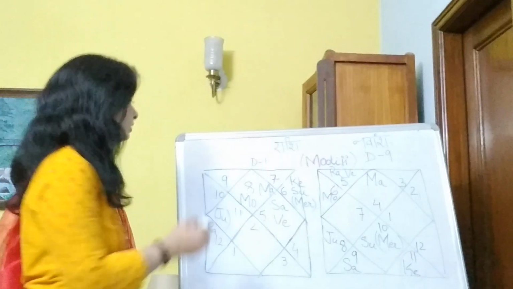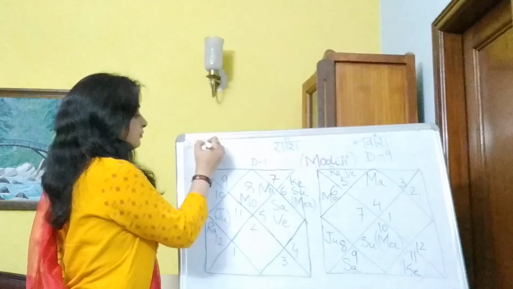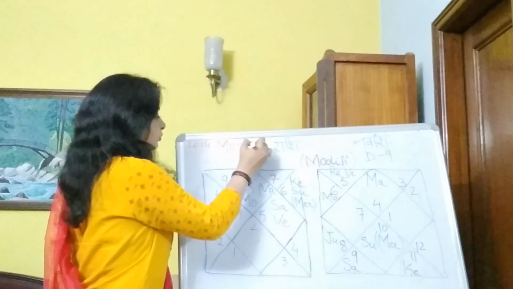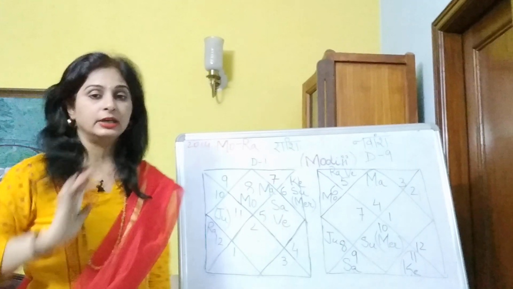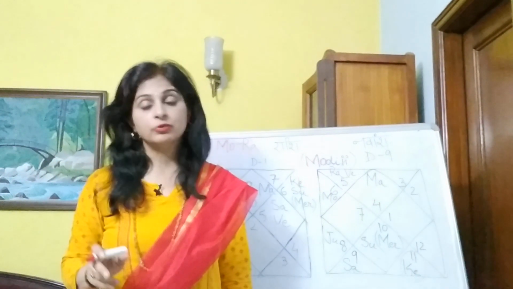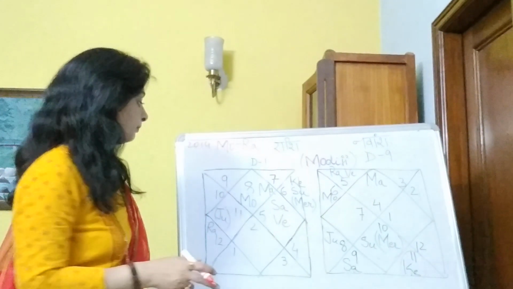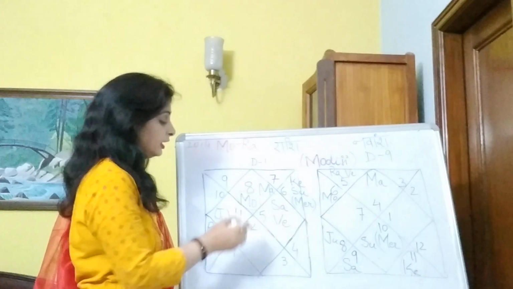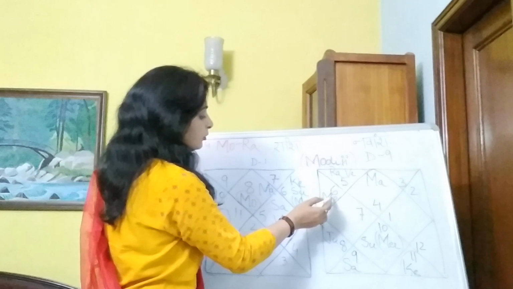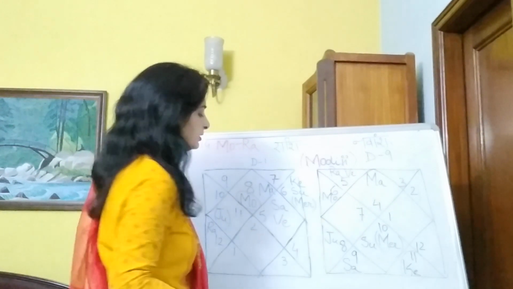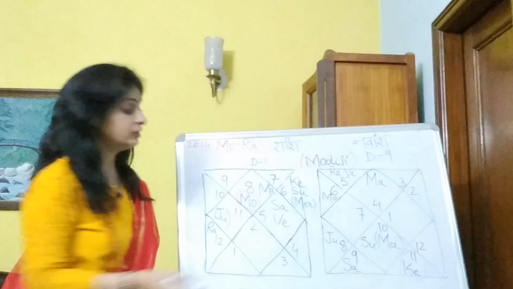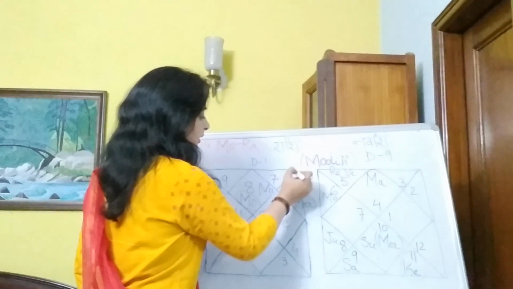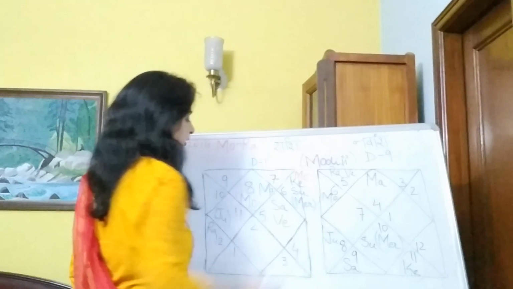So friends, in 2014 when he became the Prime Minister for the first time, the dasha was of Moon and Rahu. First we will study the Moon's dasha. Moon is sitting in his Lagna, and here in the D9 chart the Moon is in the Virgo sign, that is sign number 6. So we will place this Moon here in this chart, in the Virgo sign, with another pen.